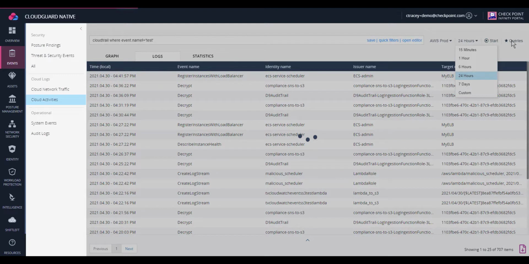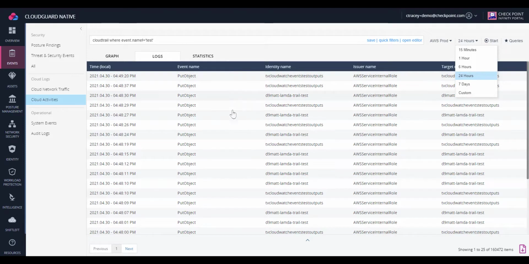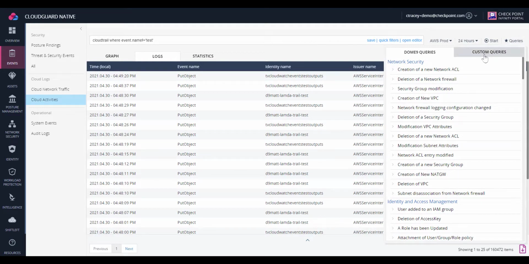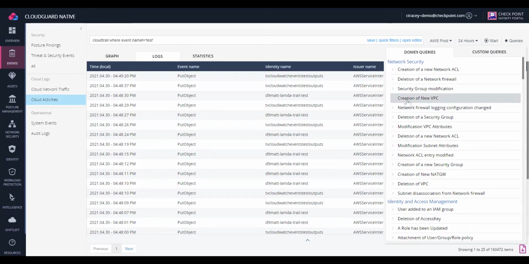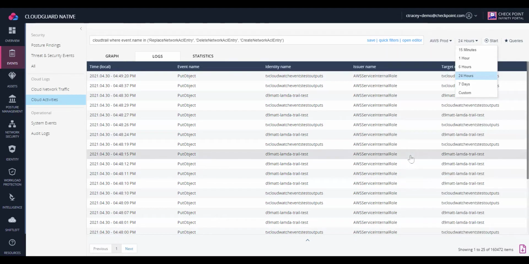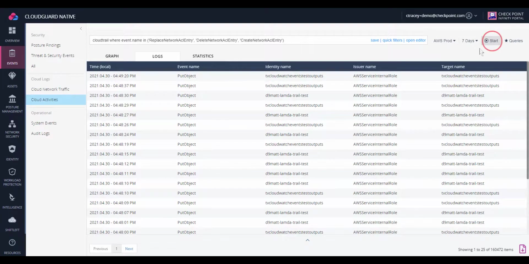Or again, look at, I already hit the start button, let that give us hopefully no meaningful information. But again, the demo account will be interesting. And of course, we've got something in here called test. That's a good query. That's a good test times 2. But those custom queries are certainly helpful, as well as things that you may be familiar looking at in those CloudTrail logs and events, something that you want to know about, that you want to look at over a period of time,